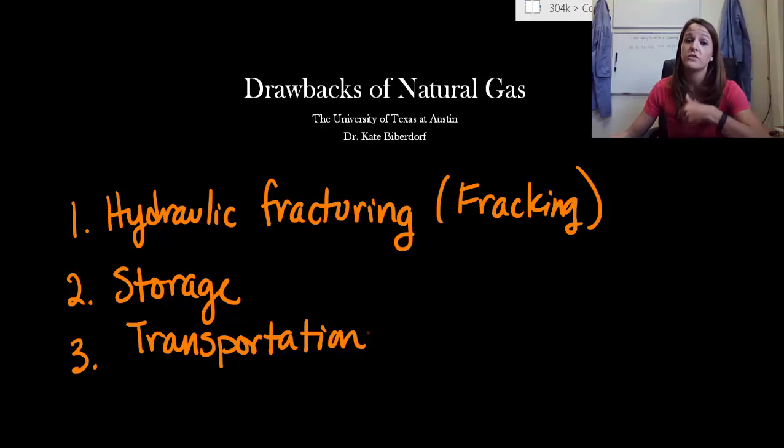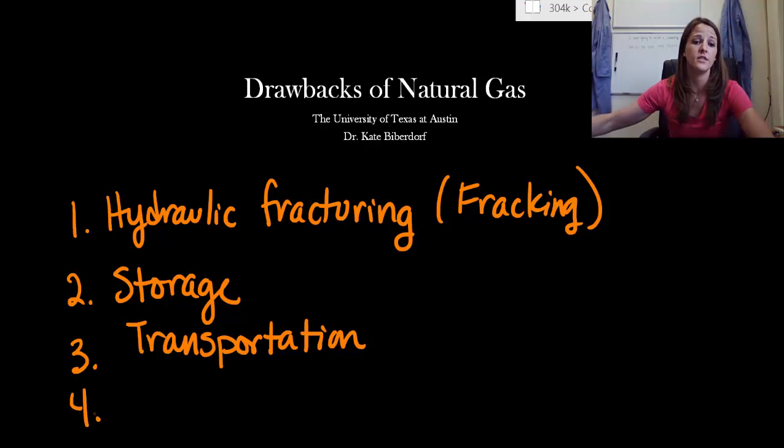There are pipelines. We are working on being able to transport it from continent to continent, but we are seriously struggling with it. So the transportation of natural gas is difficult just because it's a gas. Right now in the United States, most of our transportation is done underground in pipes. That's how we actually get our natural gas from a plant out to people's houses, so they can use the natural gas in their grill or maybe their stove or whatever it is you're using gas for, or to heat your house. That's a big one. All right, so that's a problem because it's gas, right?